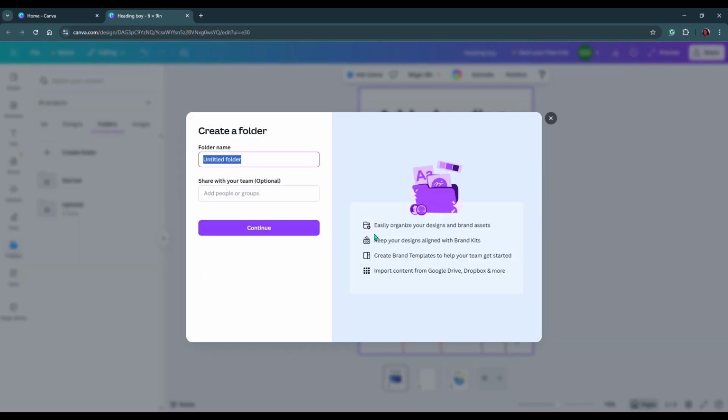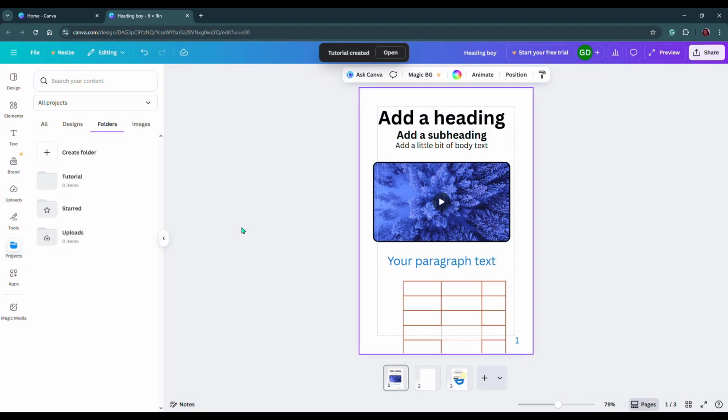and it's an easy organizer, design and brand assets. Keep design aligned with brand and brand kit. Create brand templates to help your team get started, and import content from Google Drive too. You can do all of these things in there. So I'm going to name this folder tutorial, and then I'm going to say continue, and then I'm going to say add